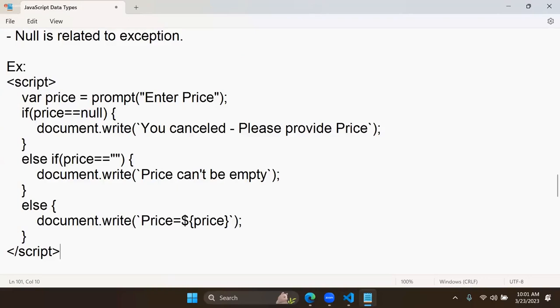So what is empty, what is null, and what is undefined? These are the three basic things, right? Undefined means there is no value defined. Empty means the value is defined, but it is blank. That is blank. Null means,